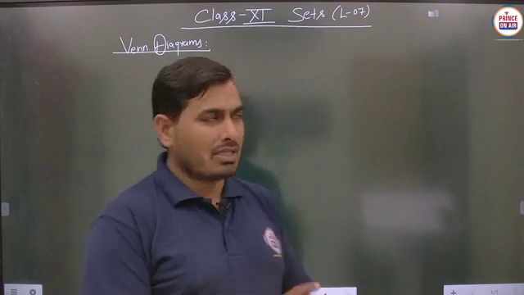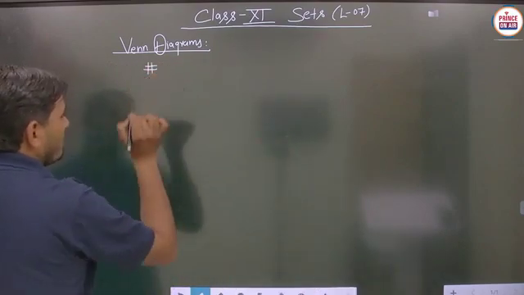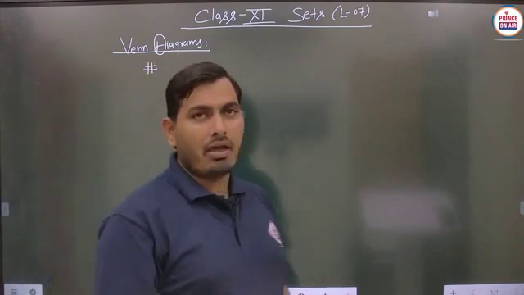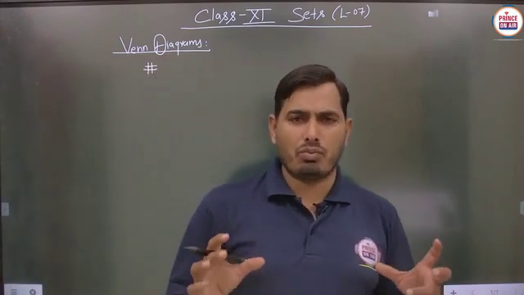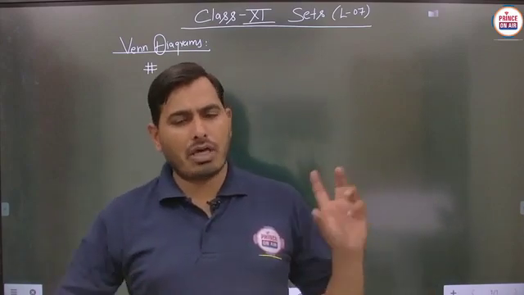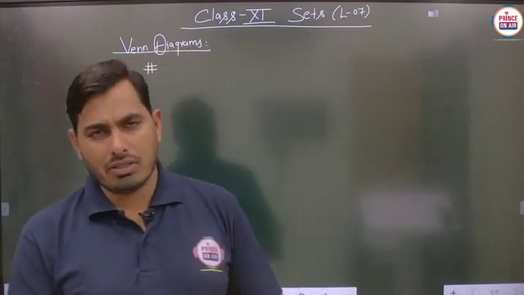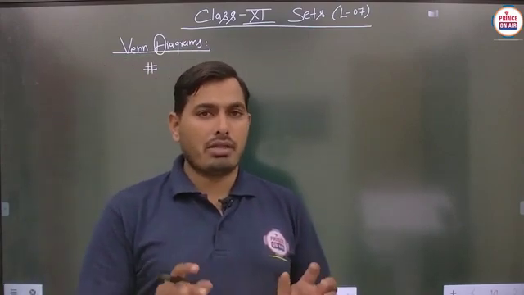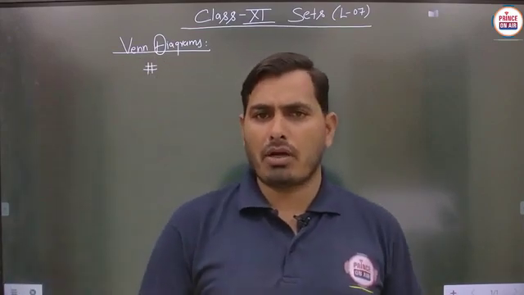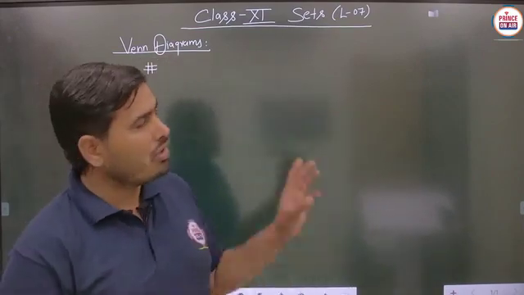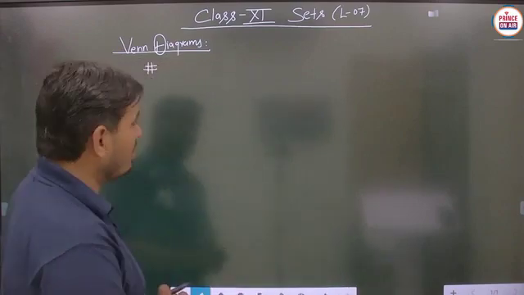So the very basic part, the Venn diagram. We are saying that to represent any set pictorially, a picture is to be framed of the given sets, and these types of pictures are to be made in a certain way. There are certain rules and certain figures that we have to draw to represent the particular diagram of any set. Then these types of diagrams are known as the Venn diagram. Is it clear?